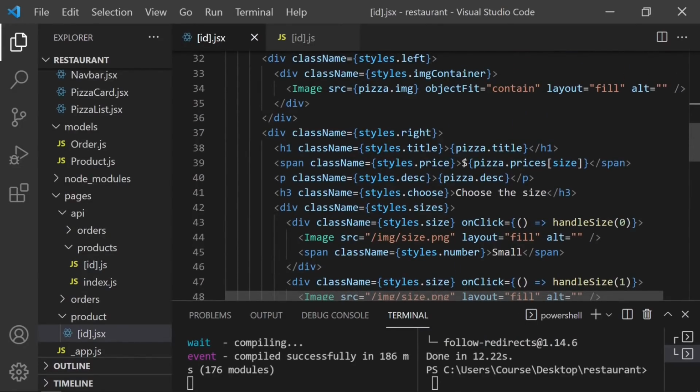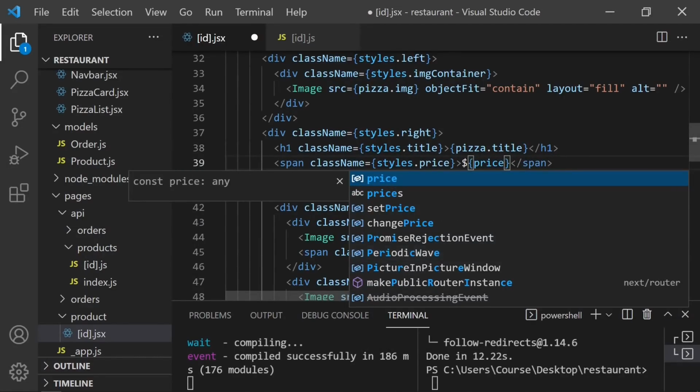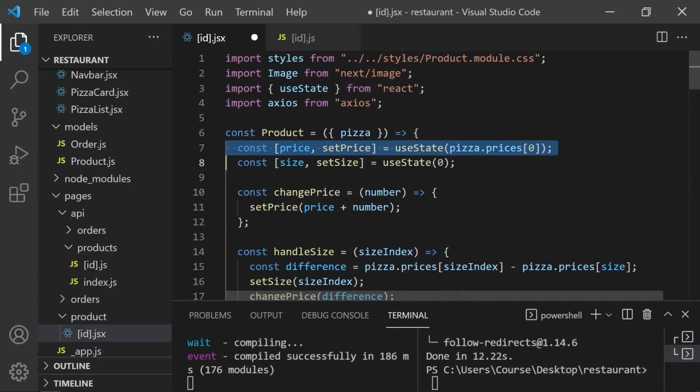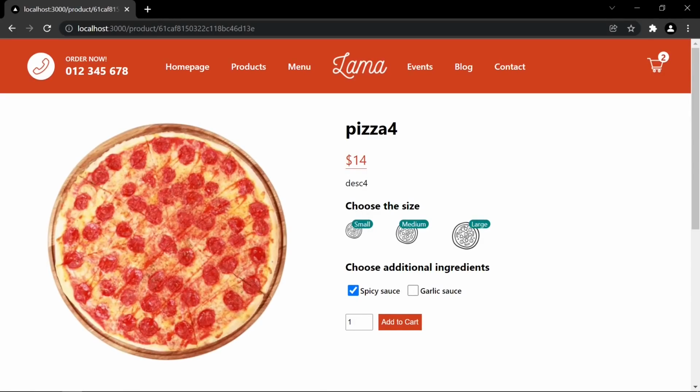Okay, that's because we forgot changing here, it's still using pizza prices and size. I'm gonna change here. It's gonna be directly price, which we have created here. I'm gonna save, and as you can see, it's 14 right now. If I click again, it's gonna be 12, and for this one,